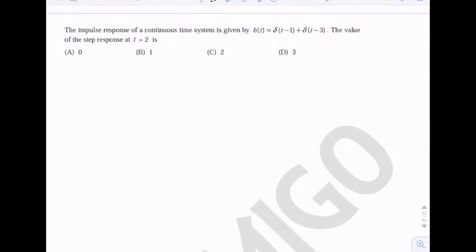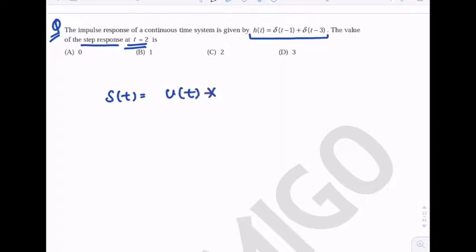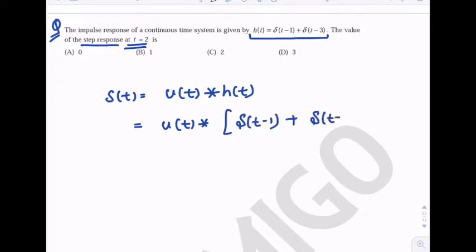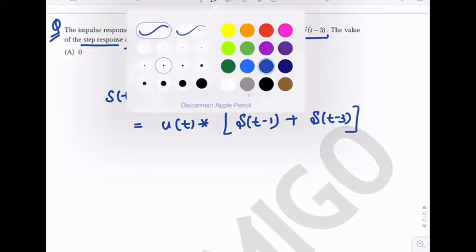Now let's move to the next question. It is given that the impulse response is this. We have to find the value of step response at t equals 2. So step response is equal to input u(t) convolve the impulse response. So that is u(t) convolve impulse response, which is delta(t-1) plus delta(t-3). As we know that